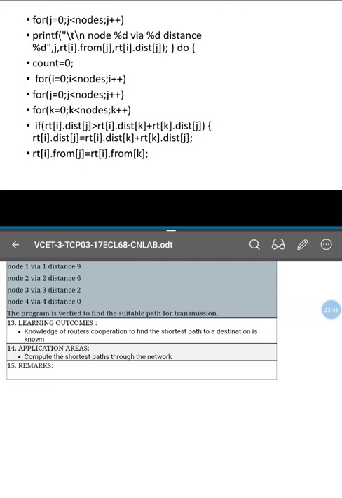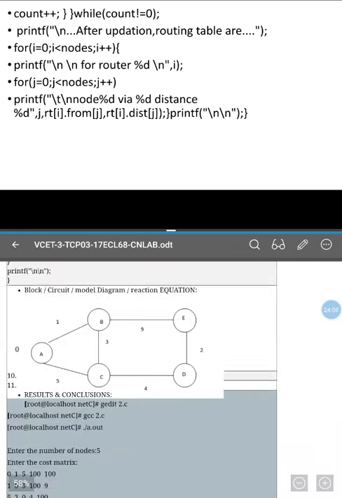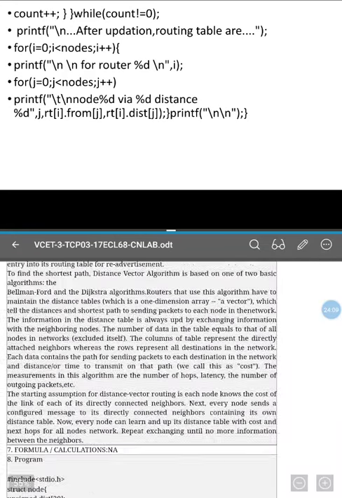It finds out from each and every node by incrementing the K value, and checks with all. If there is no direct path, is there a path using an intermediate node? It can be one intermediate node, or it can be two intermediate nodes, three intermediate nodes. In that way it continues, and finally we arrive at the result. So this is the distance vector algorithm, which is very important.